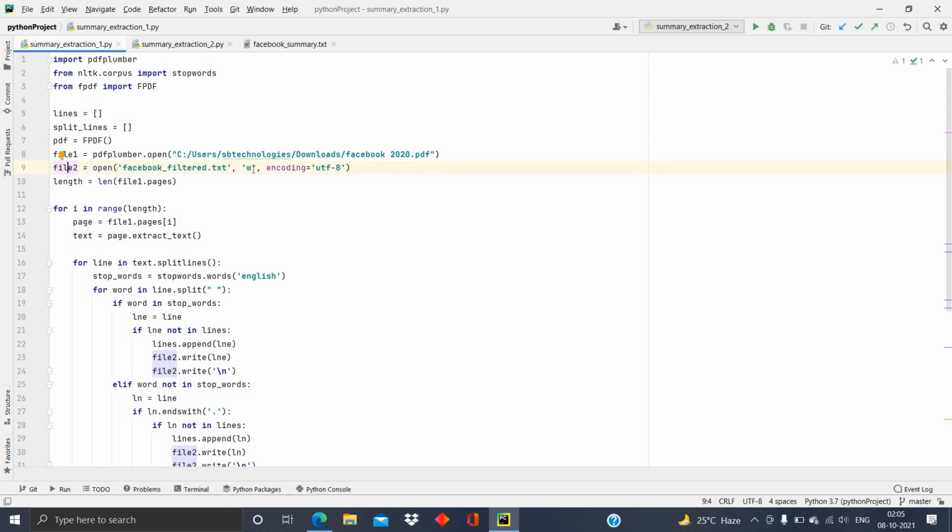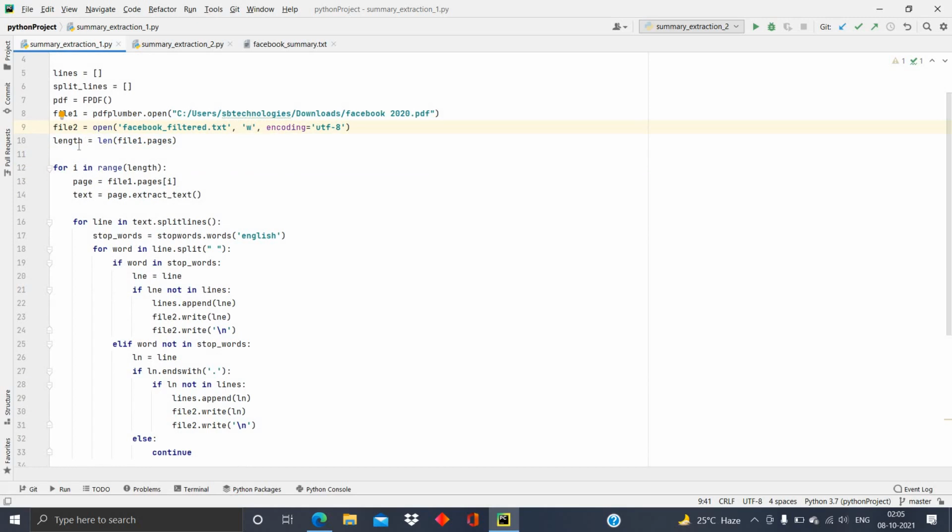I am opening this text file in write mode. This text file is necessary to save the filtered text from this PDF, and I am considering the entire length, that is, the number of pages, which is 147.